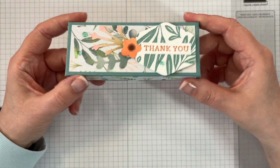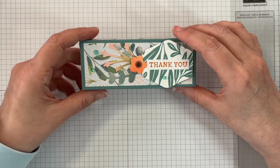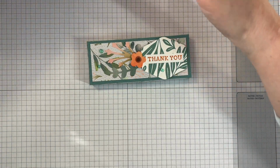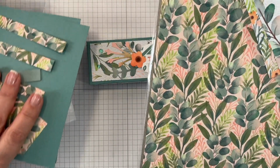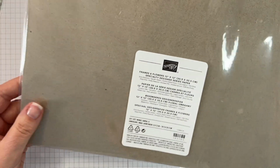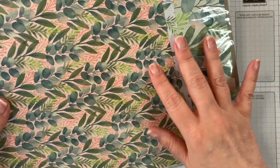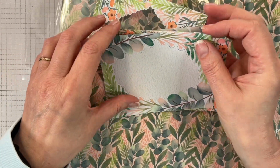Okay. And I have used Lost Lagoon card, and then this designer series paper, which will be in the next annual catalogue launching in May. And it is called Frames and Flowers. It's got lots of beautiful designs, but it also has some pop-out pieces that the middle of that will pop